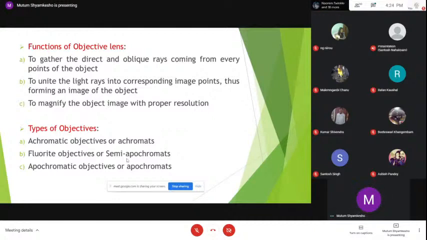Under this, the last one, that is apochromatic objectives, are the most appropriate objectives for color photomicrography. And then